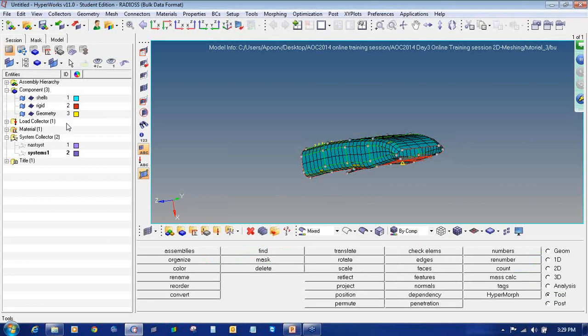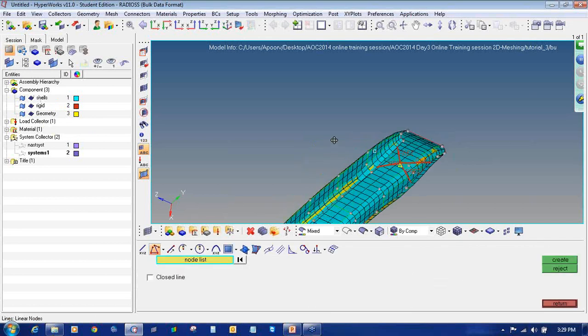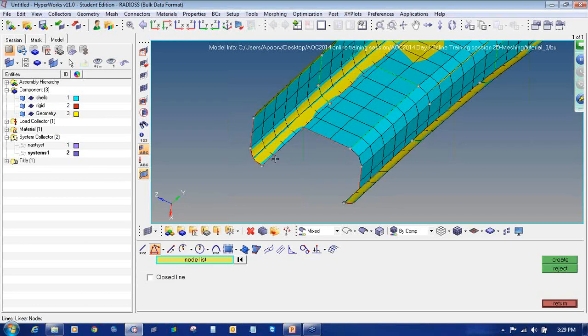So these are the options through which you can make the current component. So no one is bold, so no one is the current one. So if I create any line now, it will create a different component for it. If you just select any two nodes and say create, you can see my HyperMesh session will create a new component to create that line.